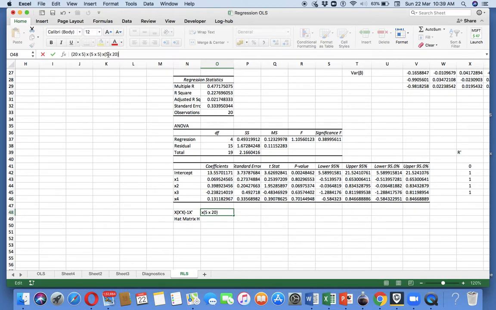Now let us see if it is compatible. Okay. So these two are compatible. The resultant becomes 20 into 5. Then 20 into 5 into 5, the resultant will be 20 into 20.